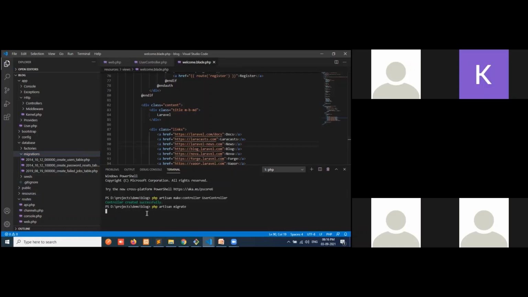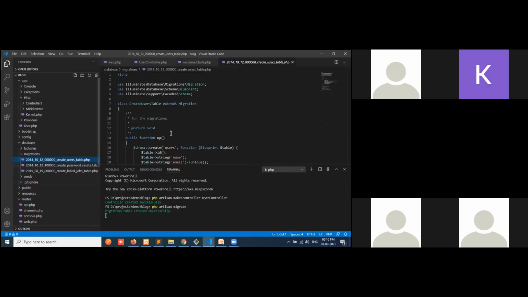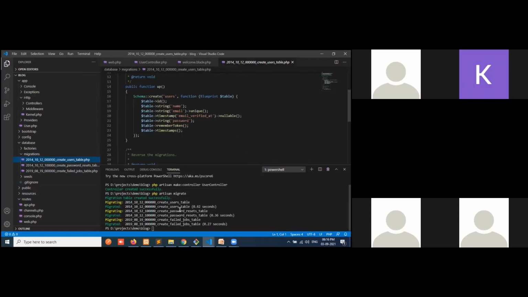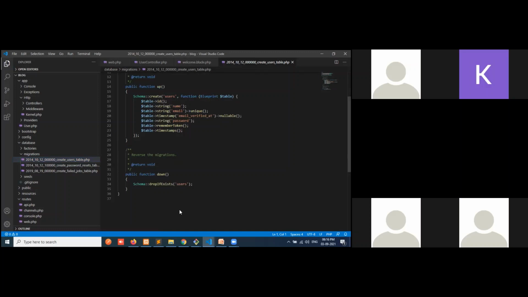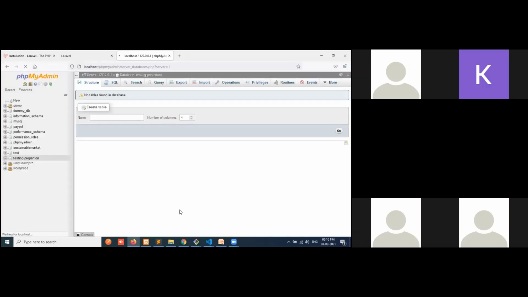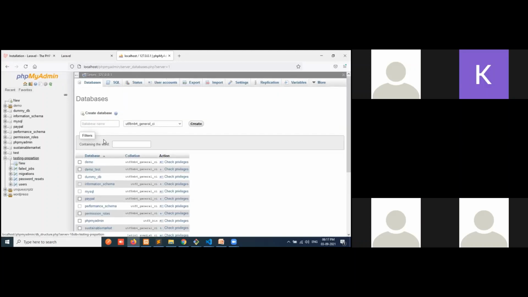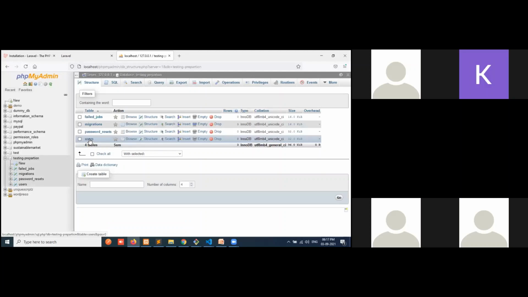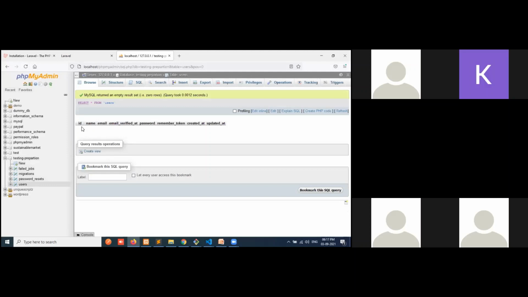It will automatically create the table and all the columns, email verified, everything. So ID, name, email verified, password, remember token, created, updated, all will come through one command.